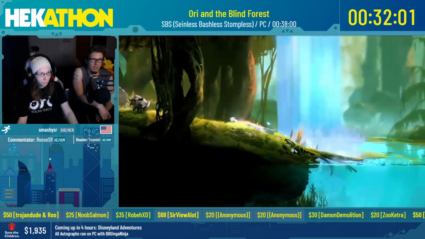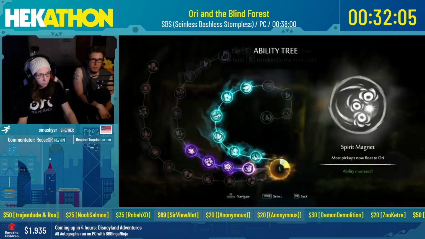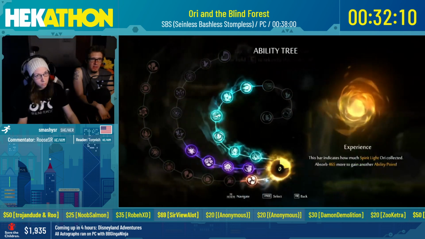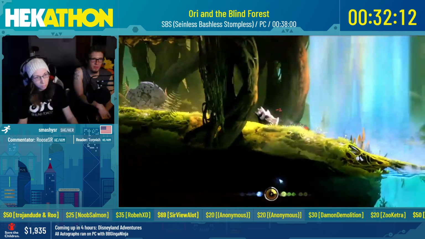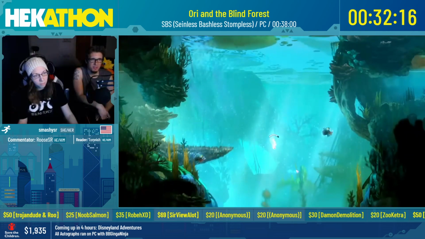All right, so we have one last little bit of a trick here before we can go on to the end game. The game puts you into this area called the swamp, but to get out of here, you're supposed to use the stomp ability that you get here. But to sound like a broken record, we don't have that ability because you can't get it in this category. So we have to set up another Terra